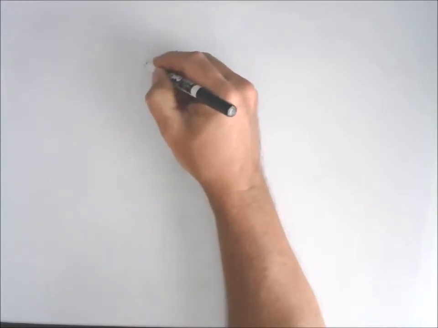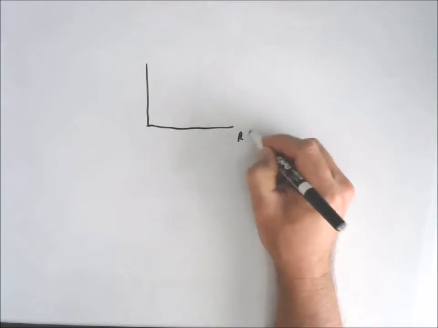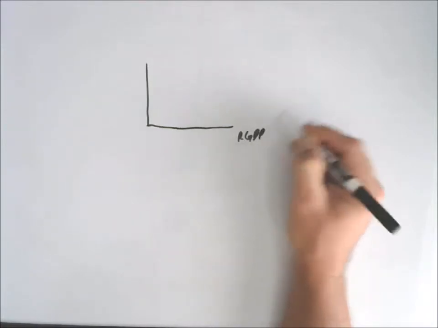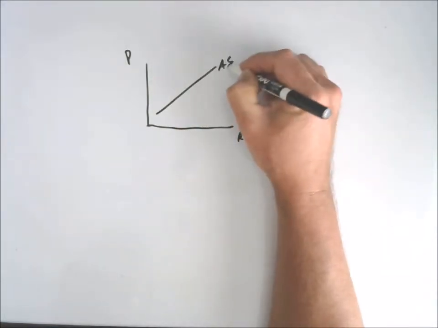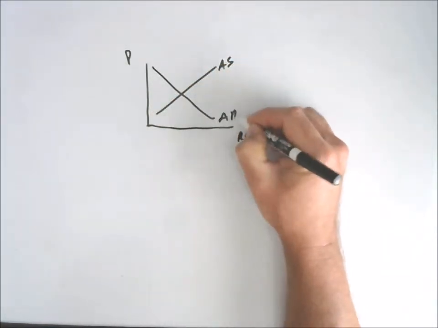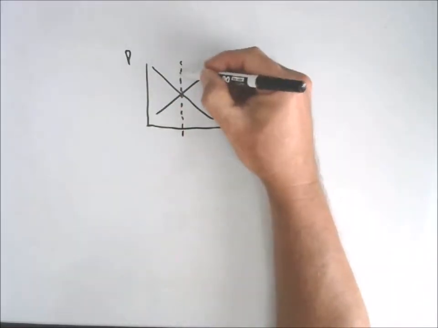Now we're going to briefly discuss demand pull inflation. In the last video, we saw how monetary policy can correct for when an economy is moving into a recession. For instance, we've got aggregate supply, we've got aggregate demand, and we have potential GDP or long run aggregate supply, as we've